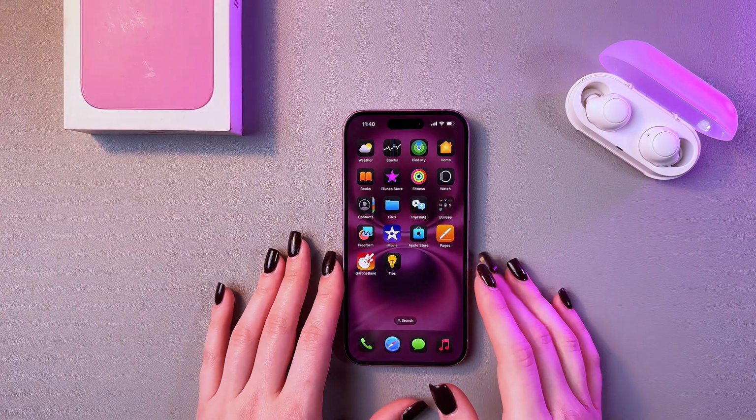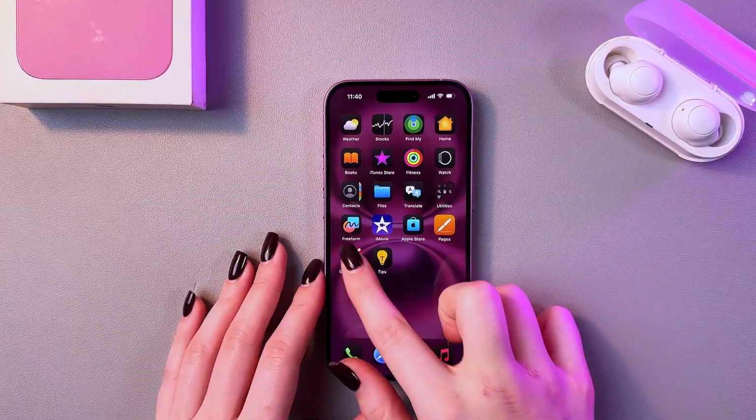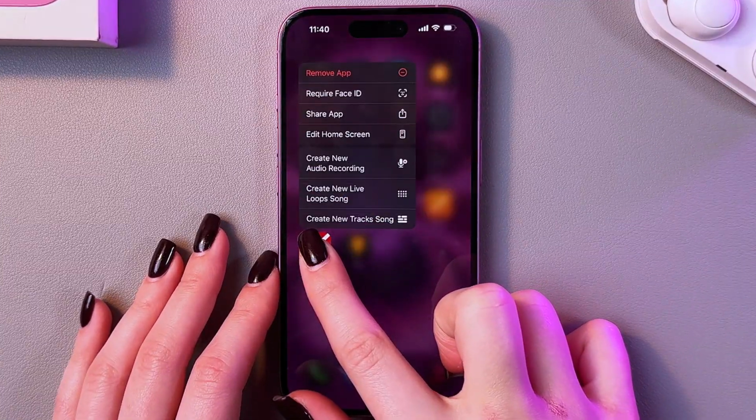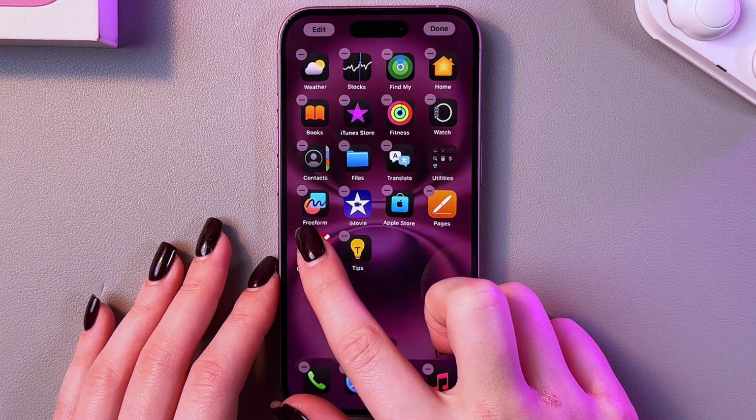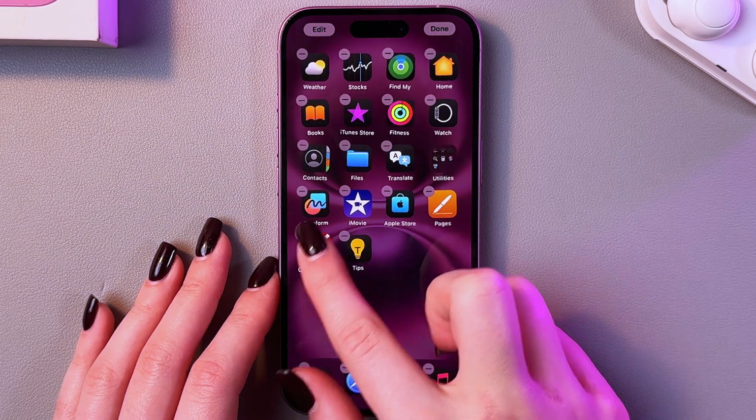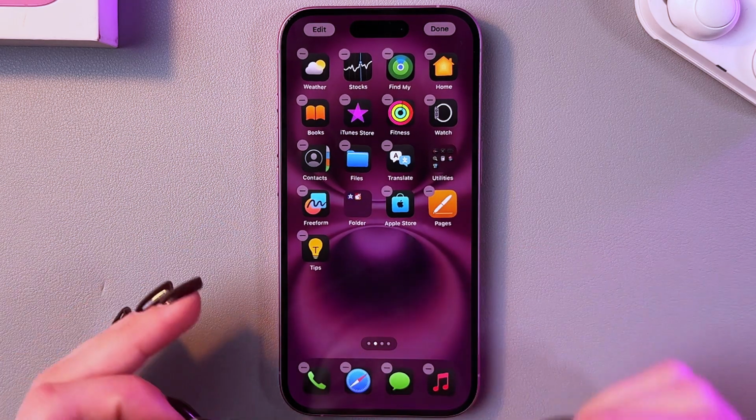Hi, want to make folders on the iPhone 16? Then press and hold any app on your home screen till it starts shaking like that. And now to create a folder, you will need to drag this app onto another one, and the folder is